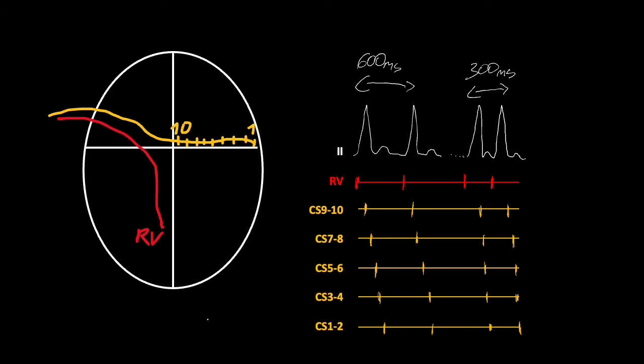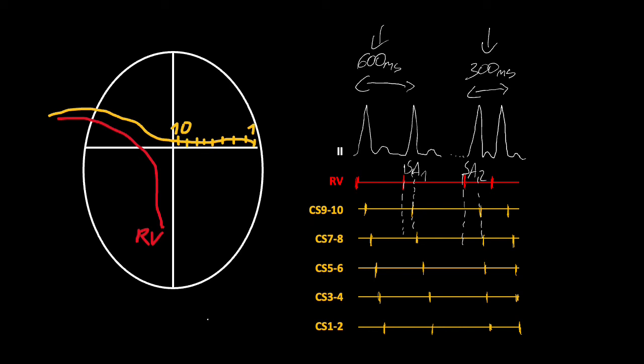In case of concentric conduction, it's important to assess the decremental conduction through the AV node during the ventricular pacing. So when we've got the slower ventricular pacing, in this case about 100 beats per minute, we should assess the VA interval, so the duration between the ventricular pacing and the first activation recorded in the coronary sinus. So we've got the VA interval during the slower pacing, and then when we've got the faster ventricular pacing, we should reassess this VA